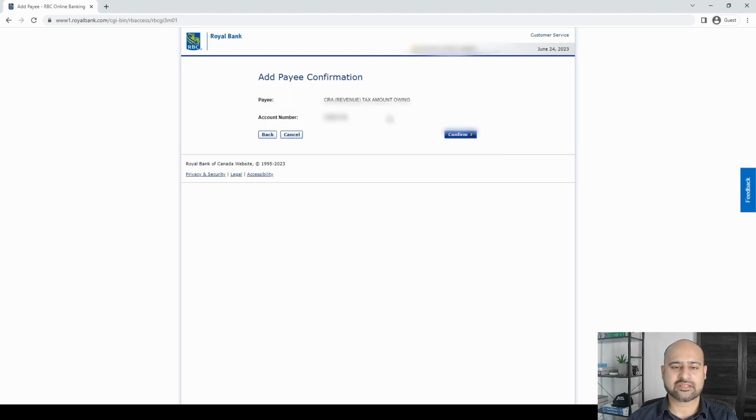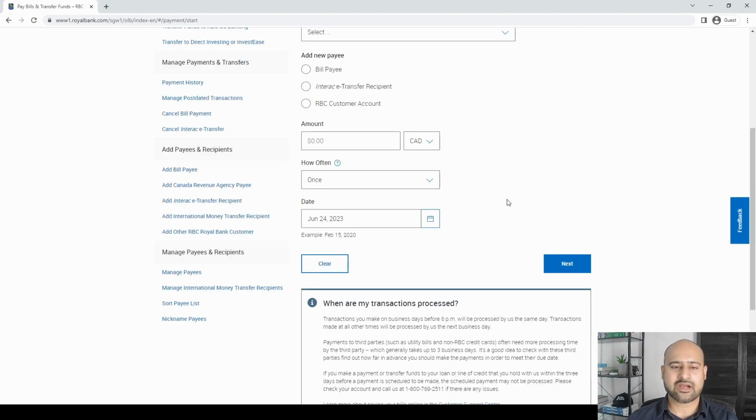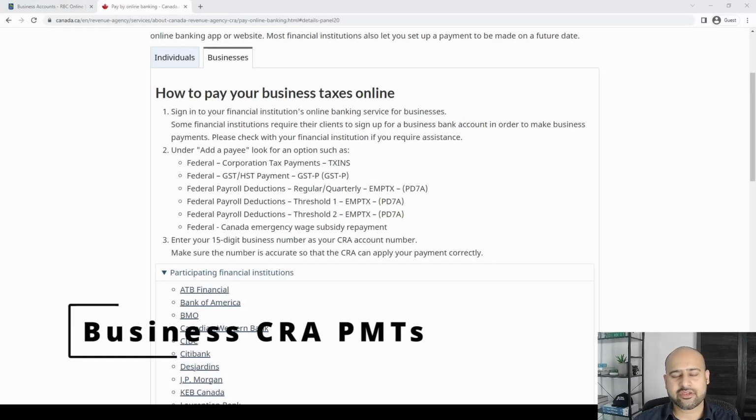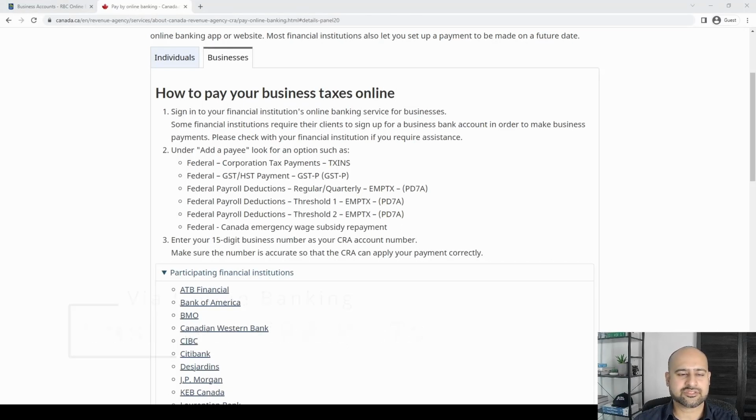Add yourself as a payee. Once you've added yourself as a payee, you can simply go in, select your CRA account, and make the payment through there. To pay your taxes online using your business bank account, you have the instructions here on the website, as we saw earlier. You would need to log into your financial institution and add a payee and look for